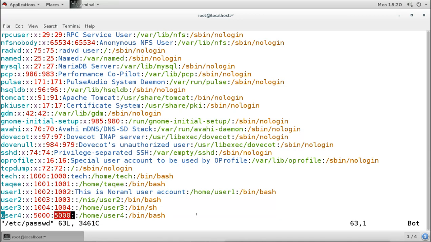For example, if I want to create the next user, for example user 5, but I want to use a different GID. But remember, this is not just a number, it is actually a group. And this user is a group member. It is the primary group of this user. So when you talk about changing the GID of a new user, that means you are talking about changing the membership of that user account.